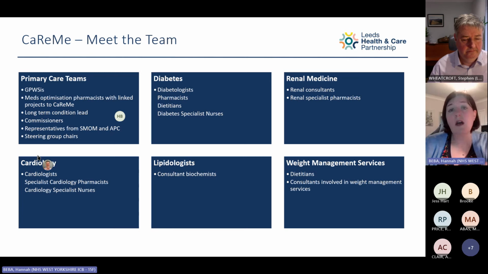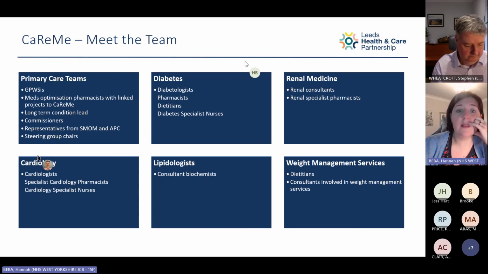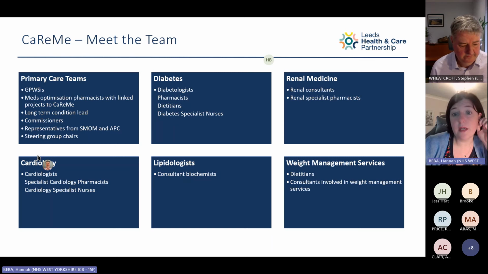And it's not until we start having these collective discussions that you really start to understand the complexity and the number of things that need to come together to even deliver just one particular pathway. So we've all worked together through this forum to try and get the West Yorkshire renal CKD guidelines out there,